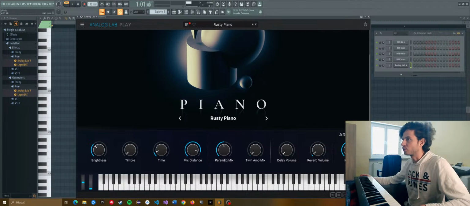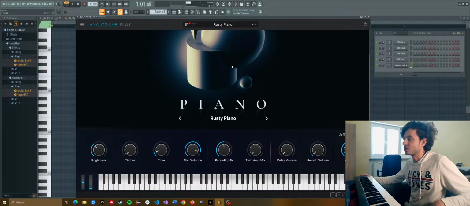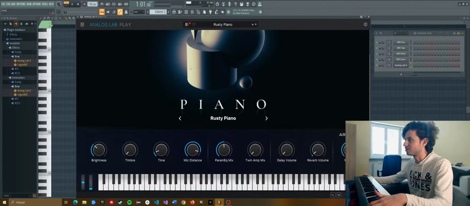Today we will have a quick walkthrough of a new plugin I found. It's called Analog Lab Play and it's completely free to download. You just have to visit the default Arturia webpage and you can find it pretty easily. It's probably the best plugin I have ever found as it